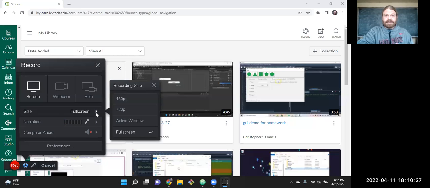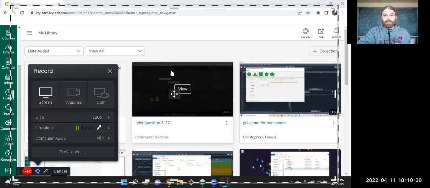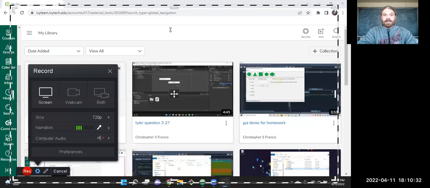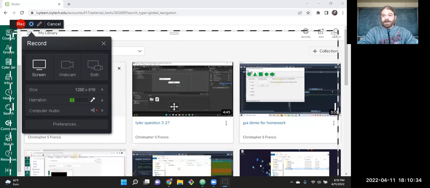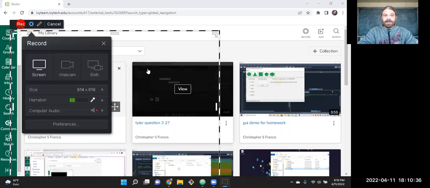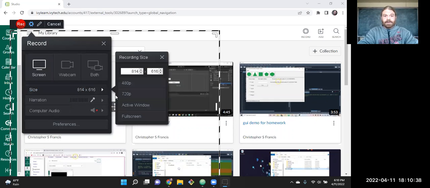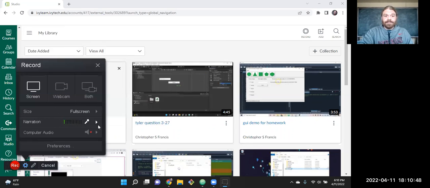You can set up the capture size. If you want a small window, you can customize the section of the window you want to do the screen capture of. You'll see the box there, or you can switch back and forth, maybe just a particular piece of software or the whole screen. Choose a microphone. That stuff should be fairly straightforward. Some other settings.